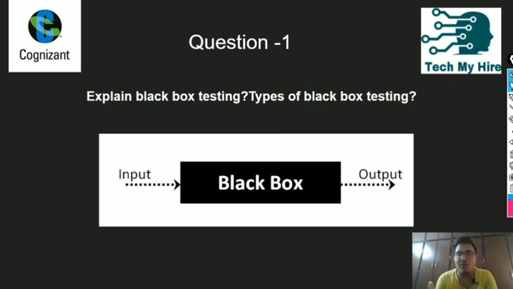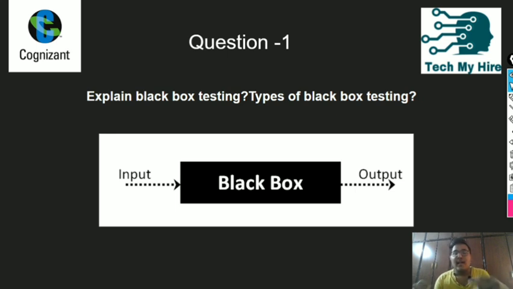To test that, we do have some testing methods like black box testing and white box testing. In this video, we're going to talk about black box testing. White box testing can be discussed in the part 3 video. Now let us talk about what exactly black box testing is. It is a testing method in which it takes an input and gives the output, so it majorly concentrates on the input and output. It doesn't consider things like internal code structure, implementation details or internal paths.